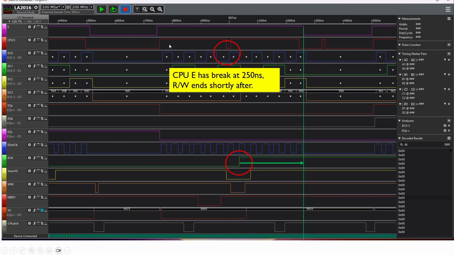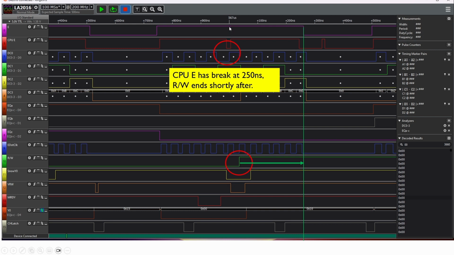One issue I had was strange occurrences where the read-write signal here would change halfway through the E signal at the top here. Generally the read-write signal should only change sometime in this phase where it's putting a new address on the address bus. The fact that it was changing in the middle of the E clock cycle here was strange.